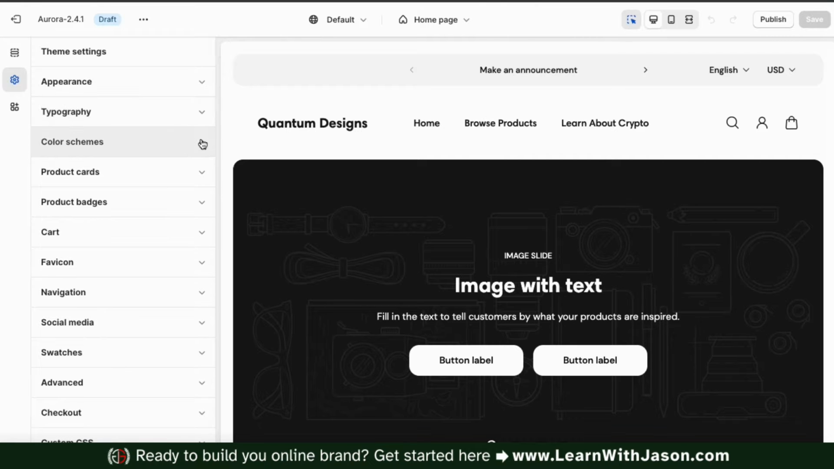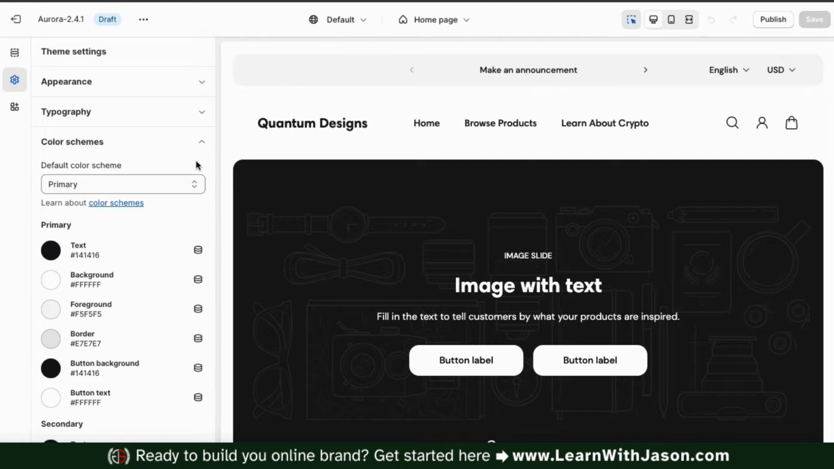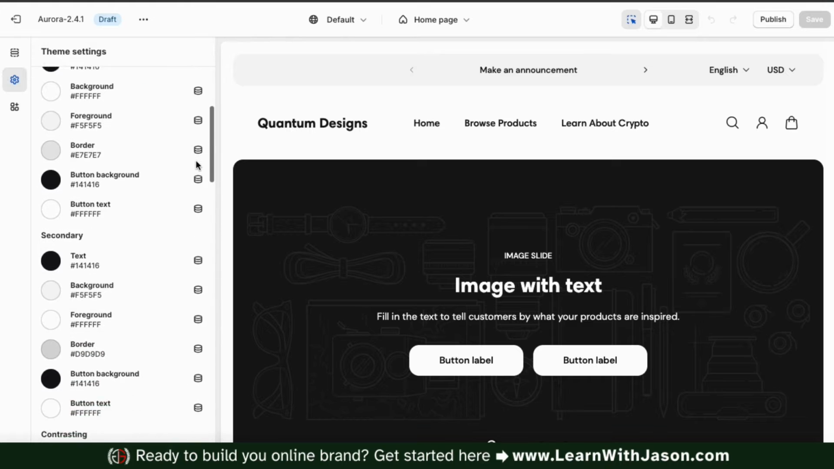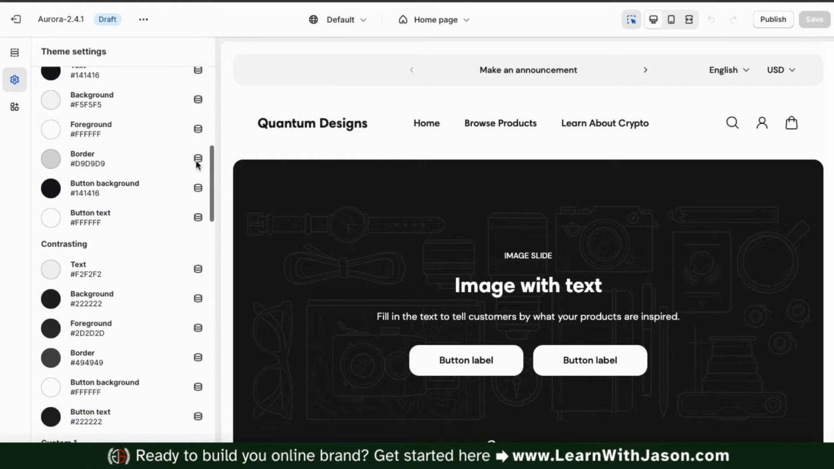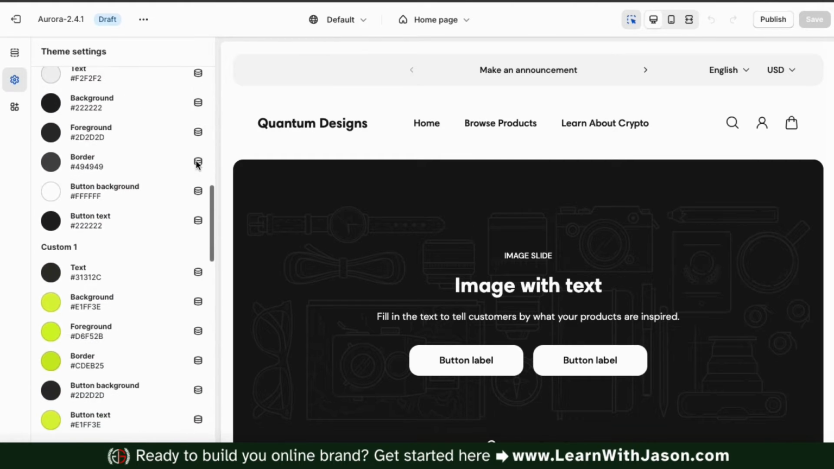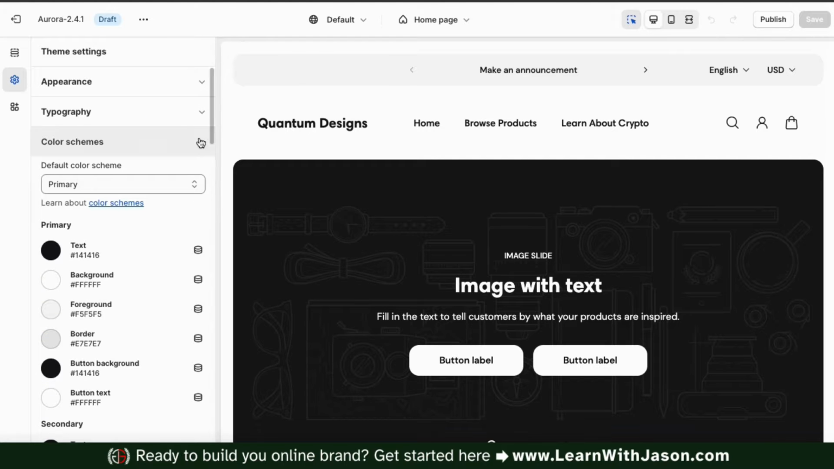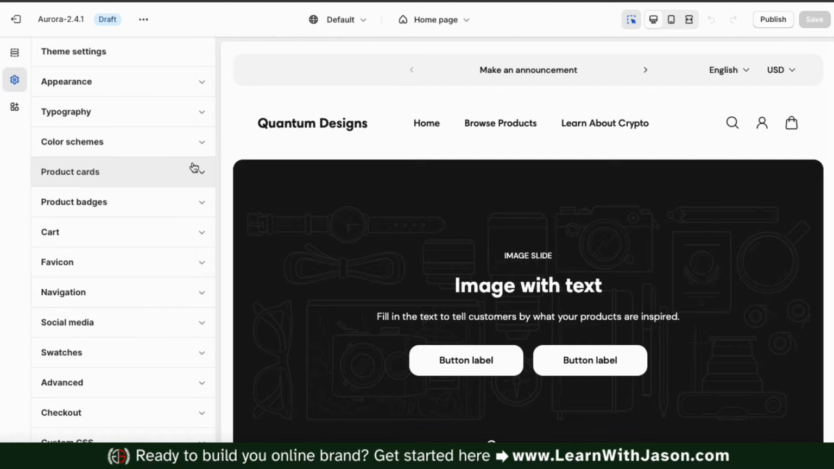The next tab you can adjust here is the Color Schemes tab. Here's where you can select the default colors for all the various parts of your online store. Just like with your typography, when you're selecting your colors, make sure they match your brand. Feel free to check out the other theme settings tabs, but for this tutorial, let's go down to the favicon